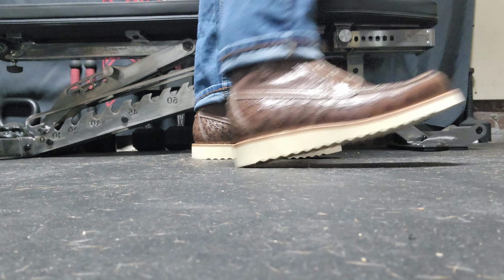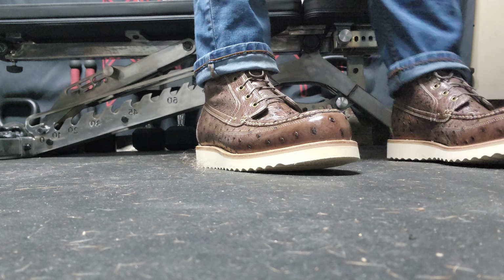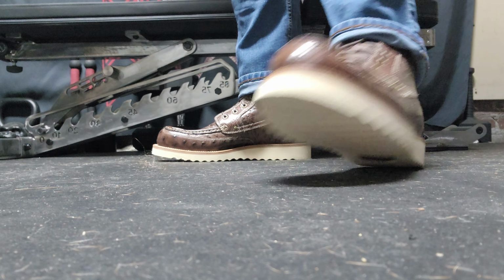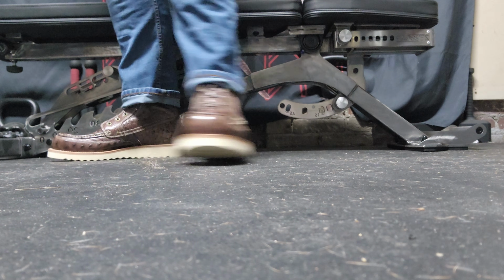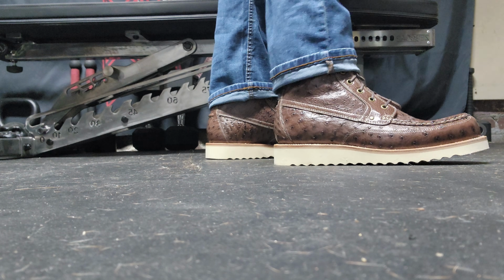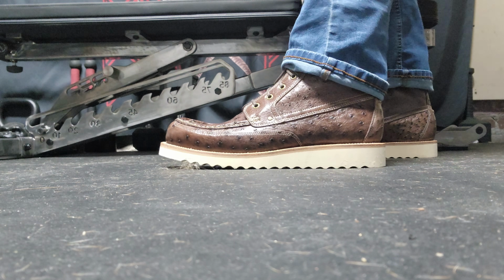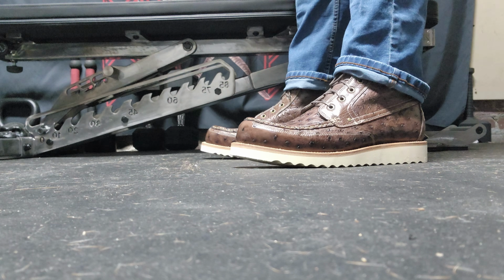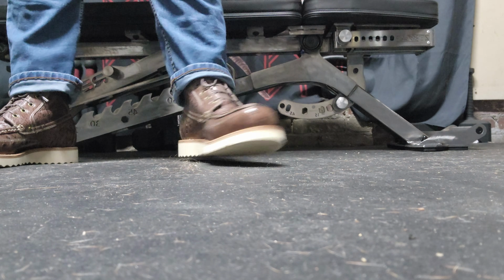Now, in a previous pair of Grant Stone boots, which are also on the Floyd last, similar to these that I'm wearing right now, which is the brass boot, I went about getting those boots in an 11.5E, which is my actual size, and 11.5 as well. 11.5E was absolutely massive on me. 11.5 in general was too tight. These are an 11E, and they fit honestly perfectly,